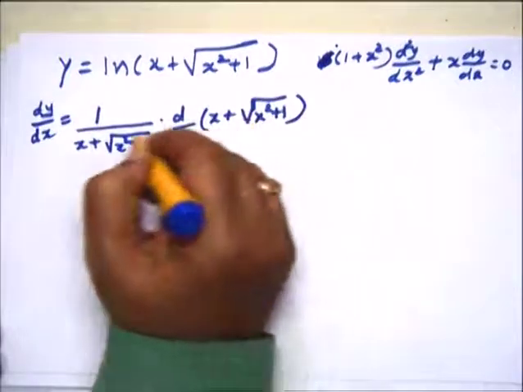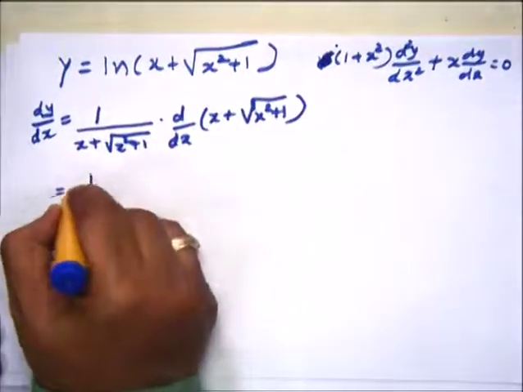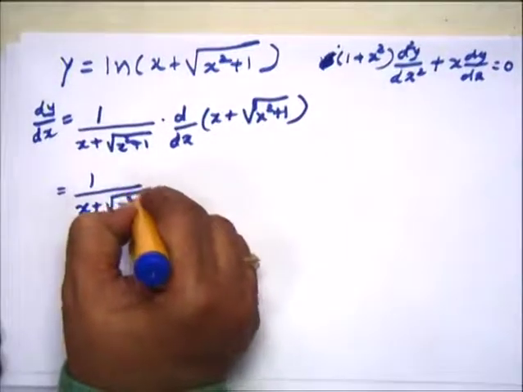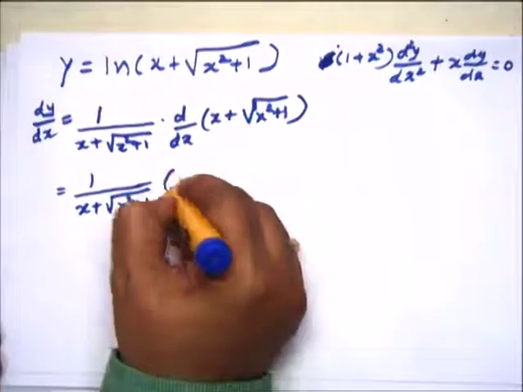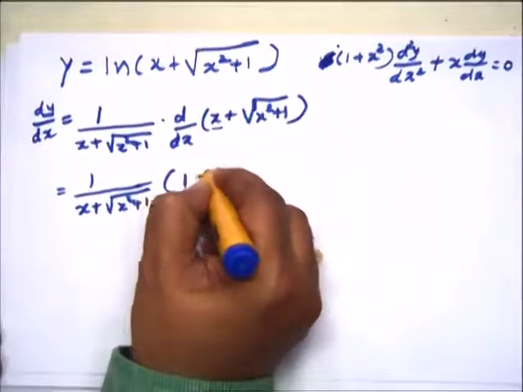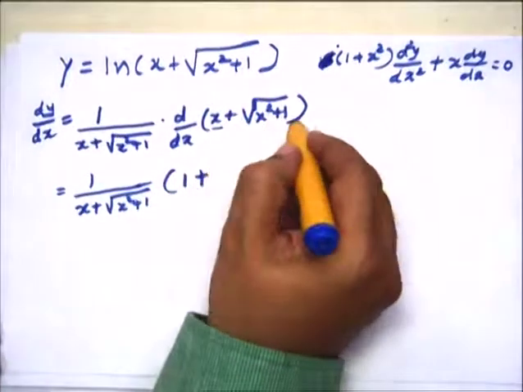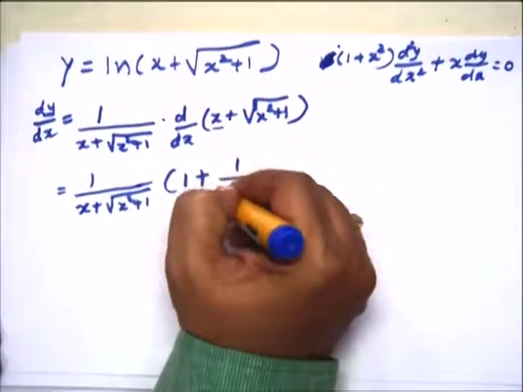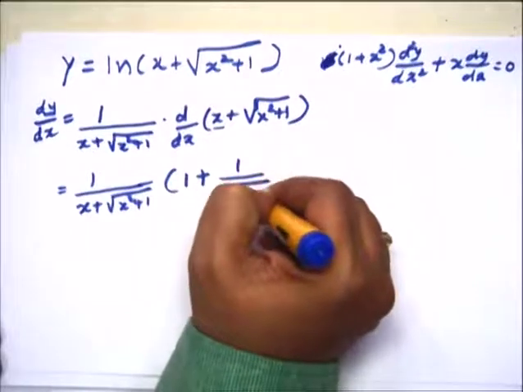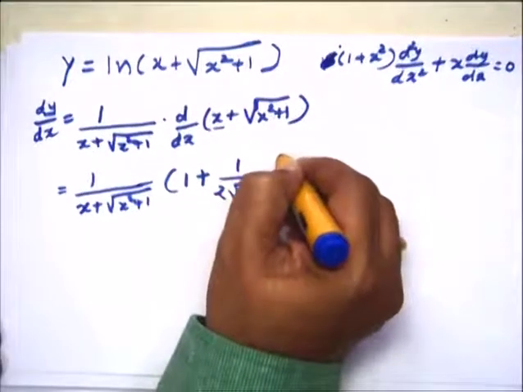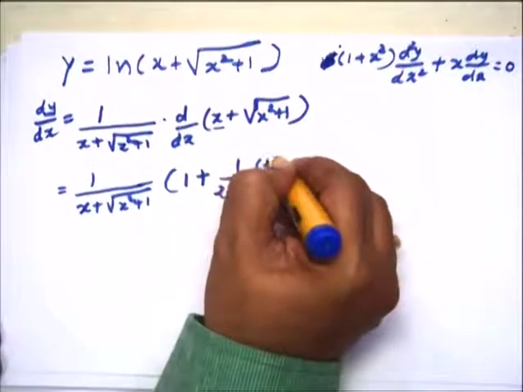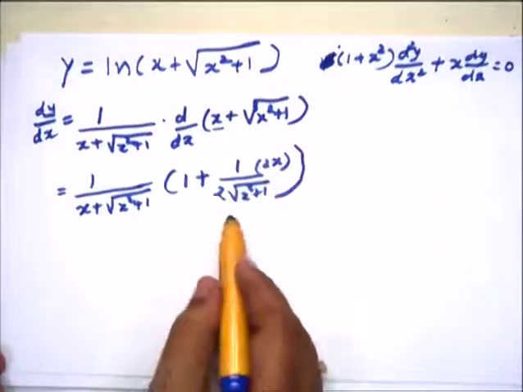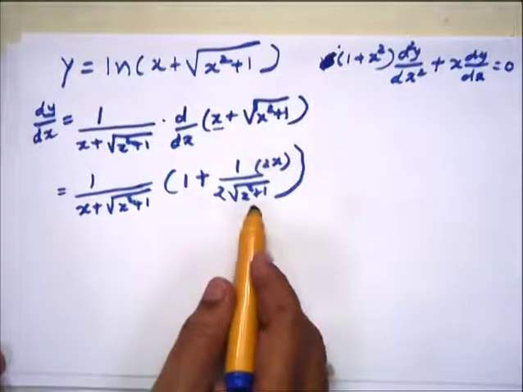Now this term will remain as it is, that is x plus root of x square plus 1, into the derivative of x with respect to x, which is 1. The derivative of root x is 1 upon 2 root x, so it is 1 upon 2 root of x square plus 1 into the derivative of x square plus 1, that is 2x. So this 2 and 2 will get cancelled, and hence we get